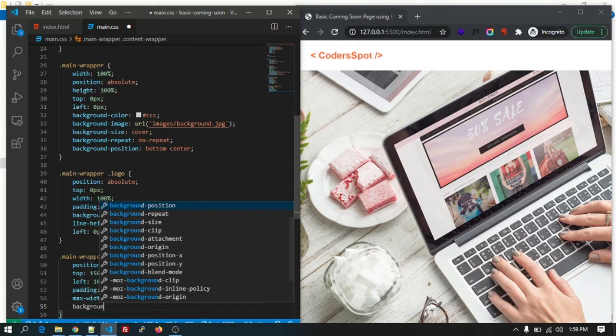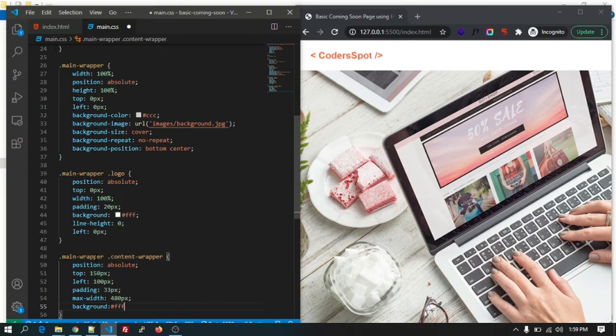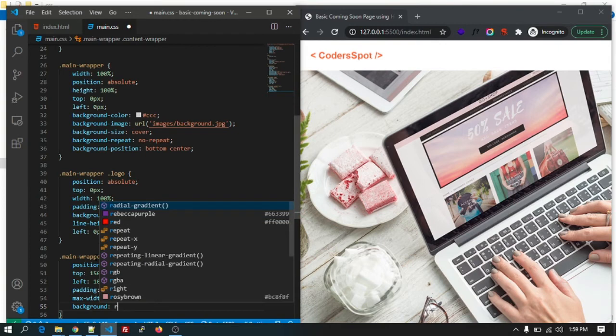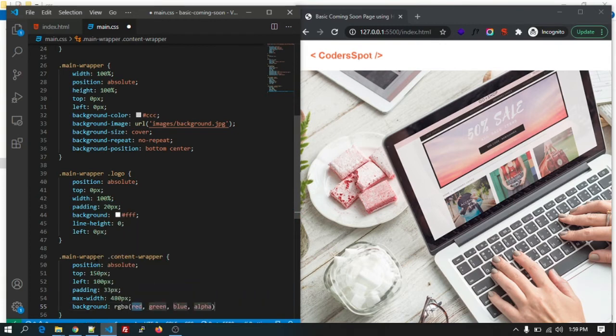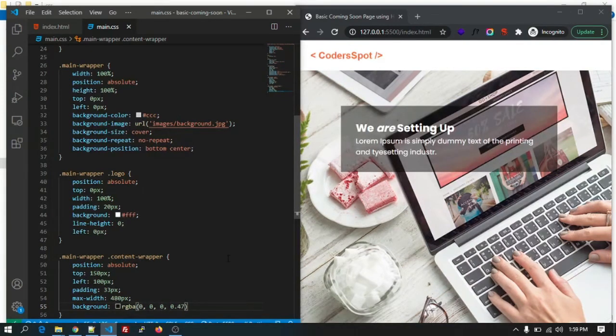The background will be so we have added the background